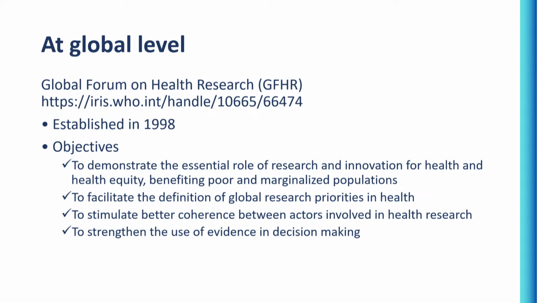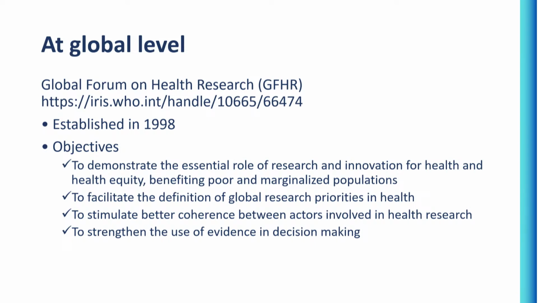Okay, let's just look at the kinds of organizations that are doing health policy and systems research priority setting and that are trying to overcome the challenges of using the normative frameworks that are used for health research priority setting. So there is something called the Global Forum on Health Research, which was established in 1988. This is actually for health research, but they have tried to take health policy and systems research more into account. It's essentially demonstrating the essential role of research and innovation for health and health equity to benefit poor and marginalized populations. It's trying to facilitate the definition of global research priorities in health, which is a huge exercise,